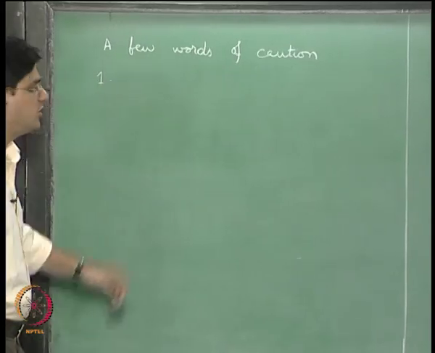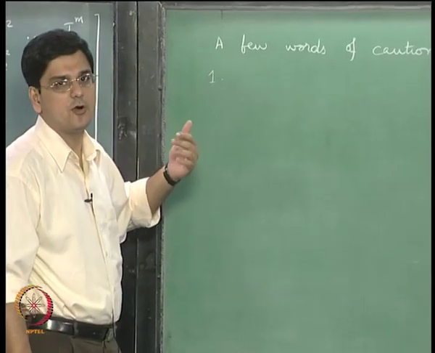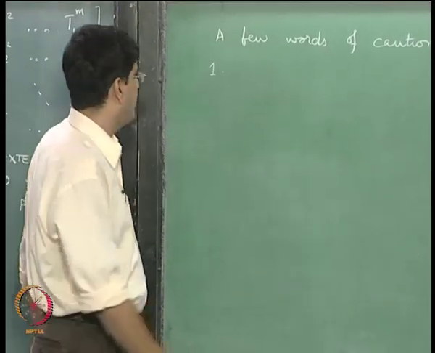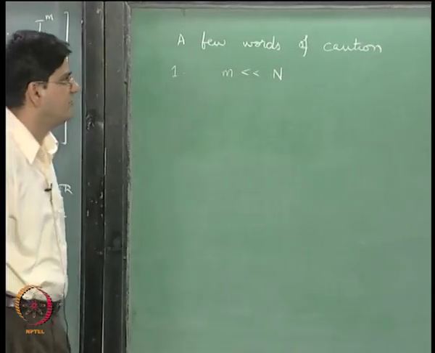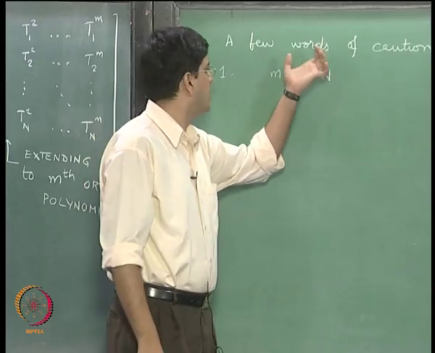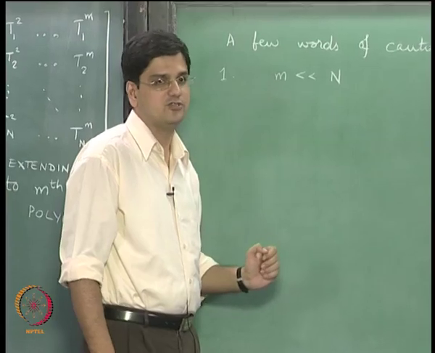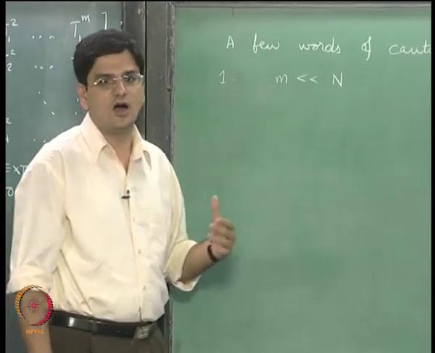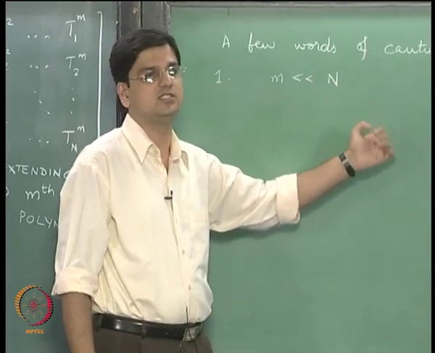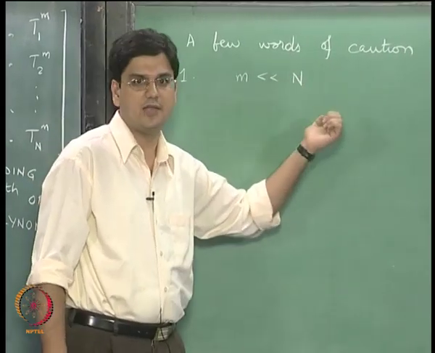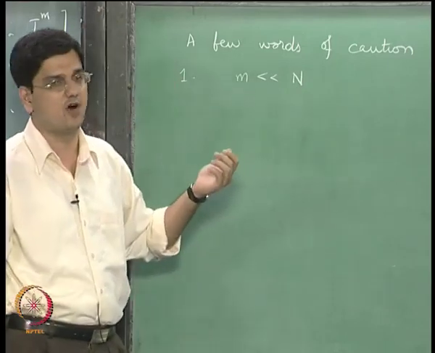The first thing is the polynomial fit that you want to obtain. If you have the number of data points as capital N, the order m has to be in general much less than the value of n in order for you to have good confidence in the values of the coefficients that you have obtained. Of course, if m is of the order of n or m is 1 less than n, in that case what we will end up having is overfitting of the polynomial.